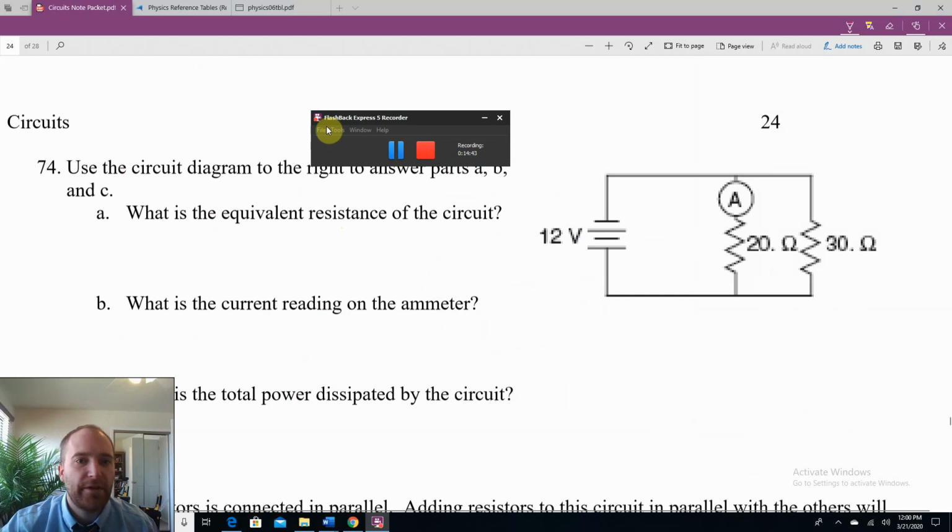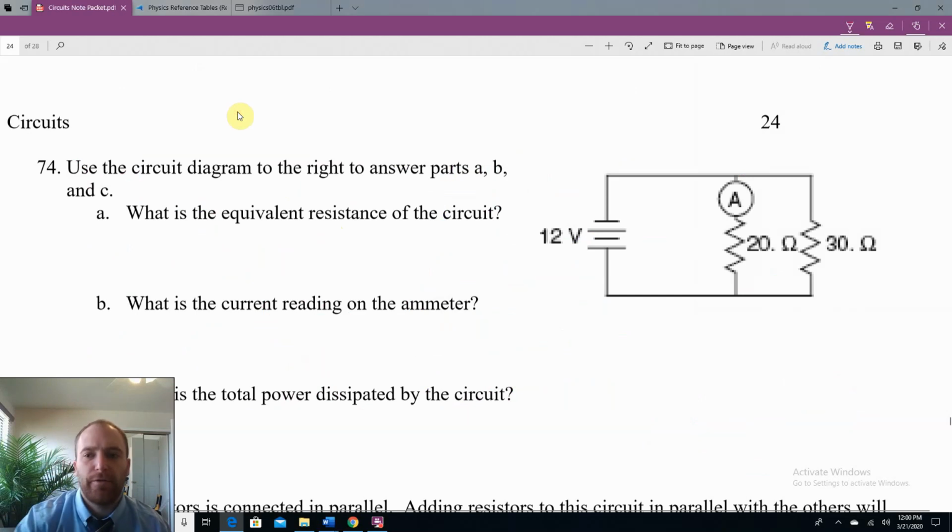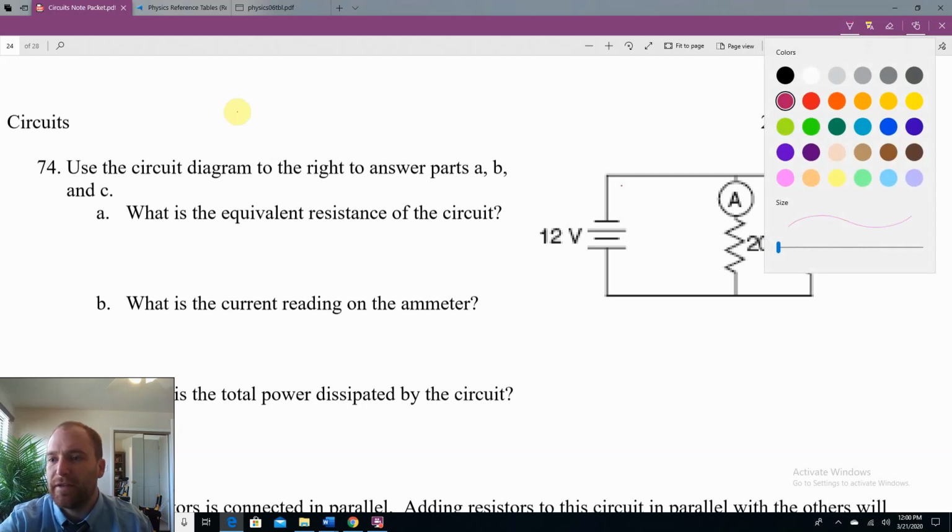Alright, according to the assignment I wrote out, the next question we're going to do is 74. Use the circuit diagram to the right to answer parts A, B, and C. So here's a diagram, and we're going to start with this. The most important thing you can ask yourself when you get any of these